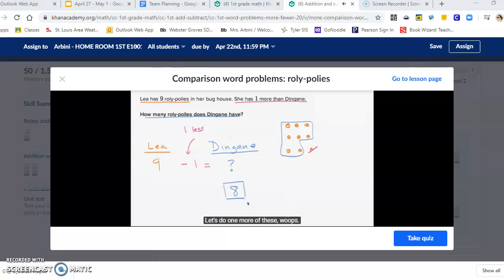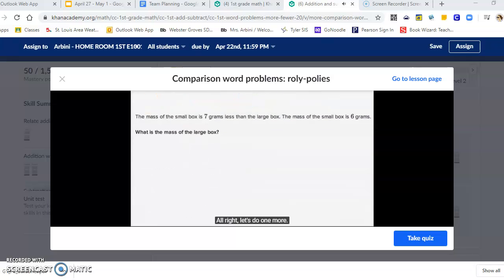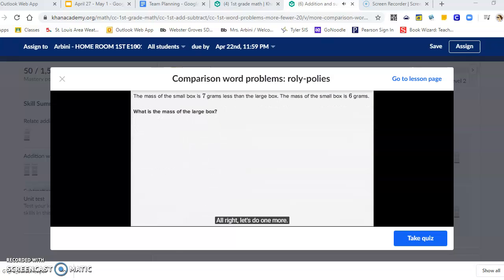Let's do one more of these. All right, let's do one more. So they tell us the mass of a small